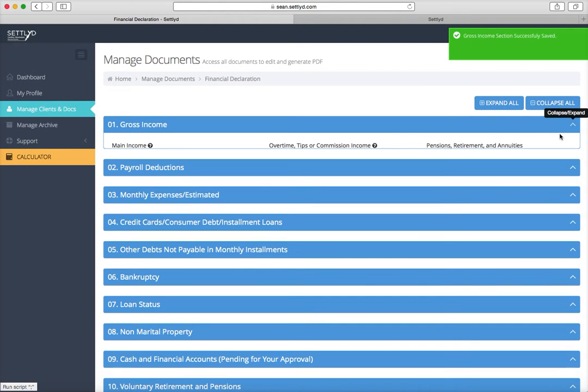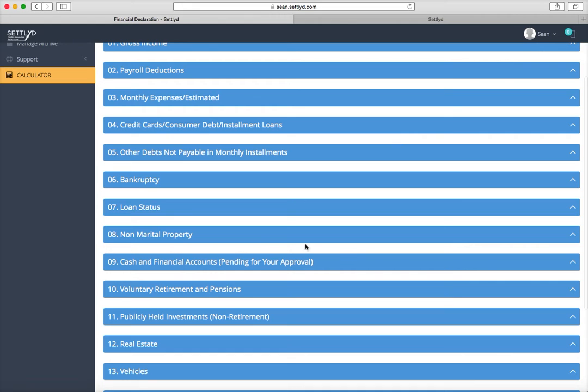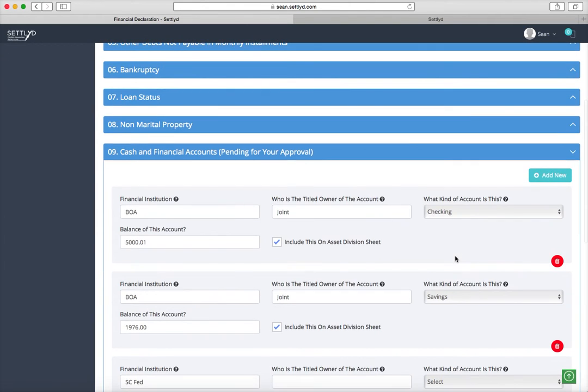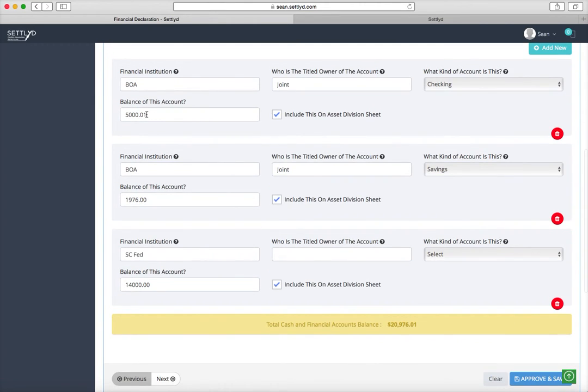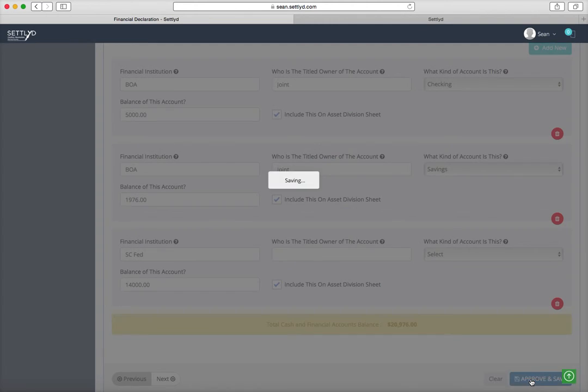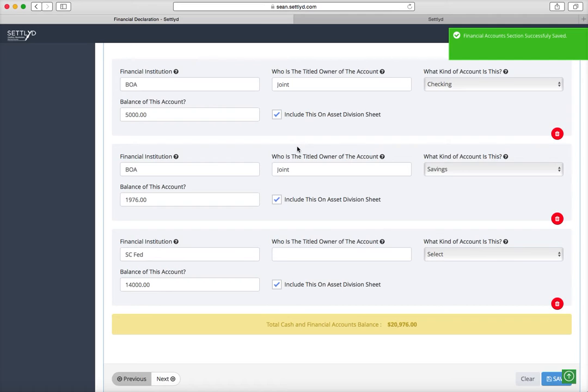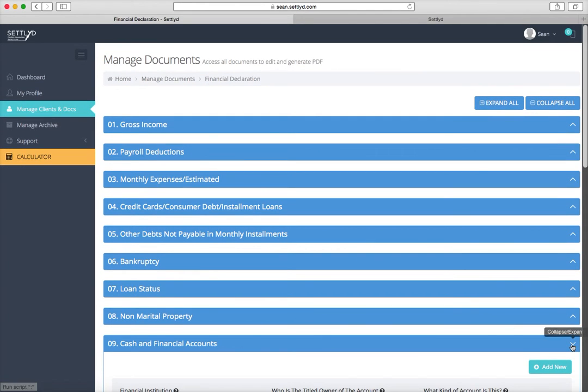And then just note on the financial declaration, anytime the client makes changes pending for approval, simply look at what's been changed. You can review the financial declaration, and here you can see a penny, $10,000, or a random amount. Let's just say we don't need that penny on there, so we change that. Everything else is okay. You approve it and save it, and you have created the financial declaration,